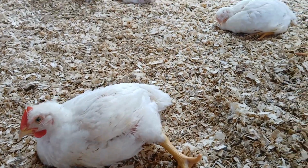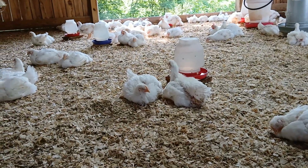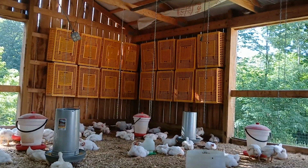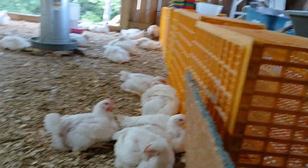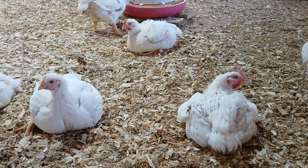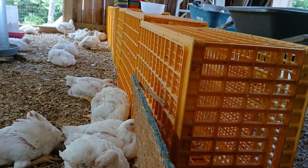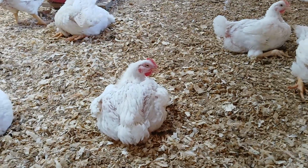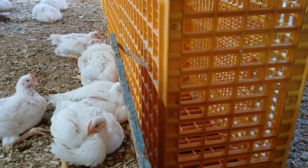And then as we're loading them, actually on their last day here on farm, as we're loading them into the transport crates, which we got a bunch of them hung up over there, and we actually have some completing this temporary barrier wall here. But as we're loading the birds, we're counting them, and we try to put them into the crates by sets of 8, so 8 birds per crate. So we count them into the crates 8 at a time,